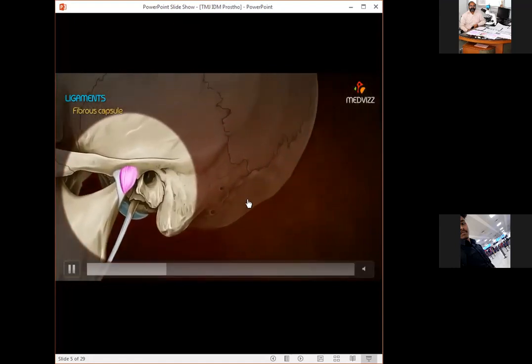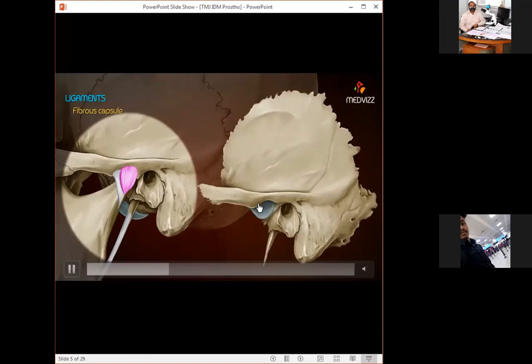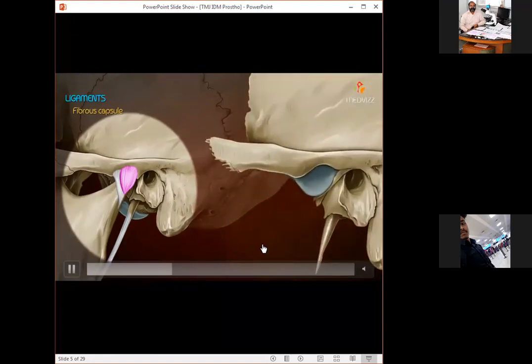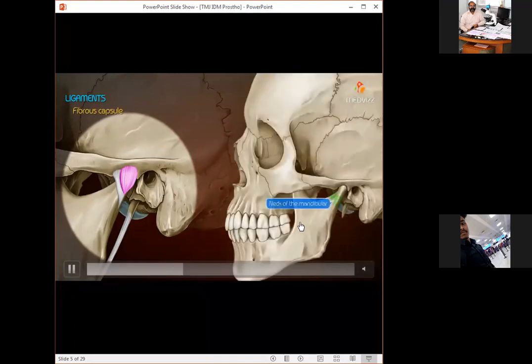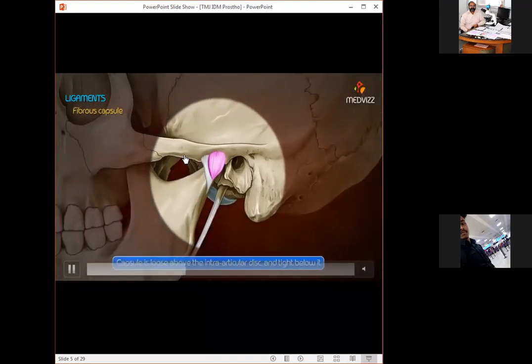You have the fibrous capsule, which I already told you, and this is the articular fossa. And this is the articular tubercle, the elevation, and this is the mandibular fossa, and your condyle is present inside this space. Okay. You have the neck of the mandible where your lateral pterygoid muscle is inserted. Okay. If you see here, the capsule is loose above the articular disc and it is tight below the articular disc. So what happens is the upper joint cavity is a bit more mobile than the lower joint cavity.